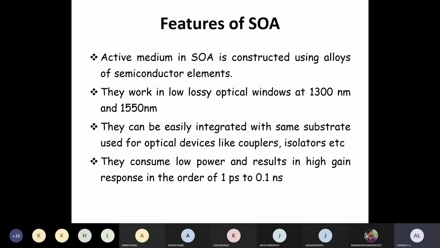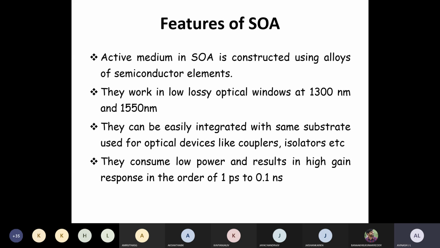Here compatibility is the matter. Optical compatibility is a very important thing here. Why? Because when optical compatibility is there, the wave will not get distorted. It will move from one device to another very easily. That is exactly the concept. So if we use the same substrate for preparing the SOA also, then we can say that this is one of the advantageous features for us.